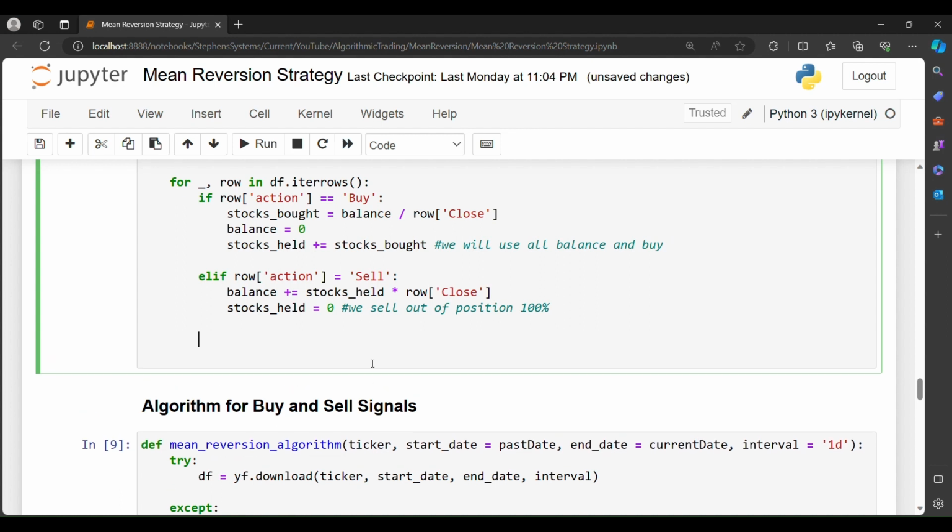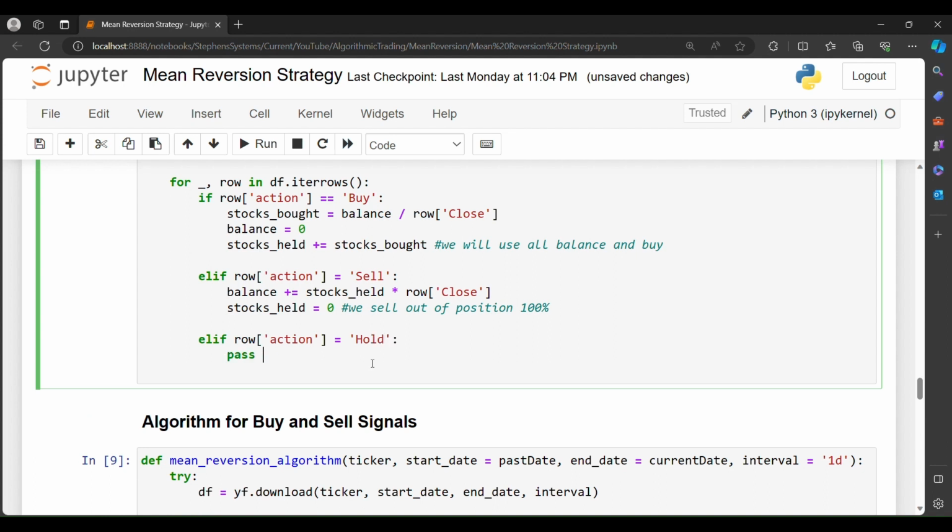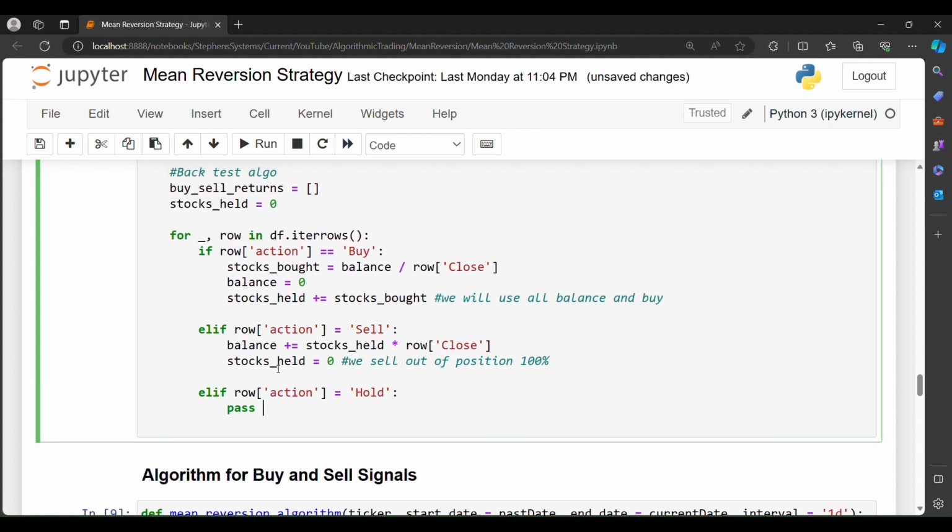And then what if the action is to hold, right? What do we do in that scenario? Well, in that scenario, we're just going to pass on this argument. So if we pass, it'll go straight back into the for loop and continue to iterate through the data frame. Now that we have that,